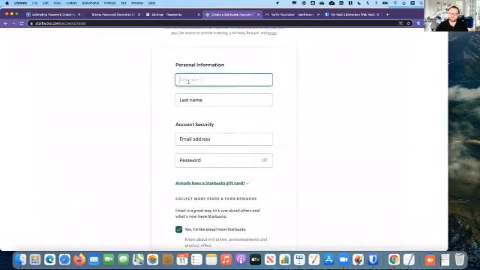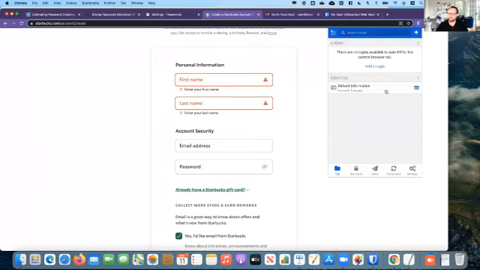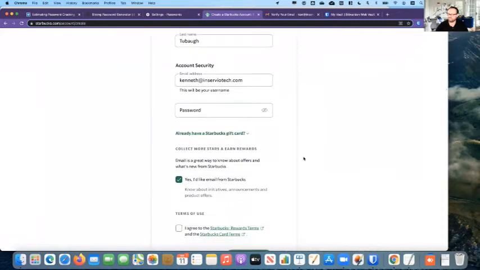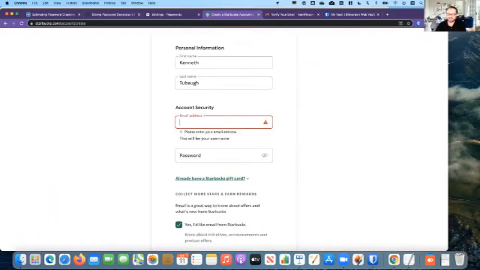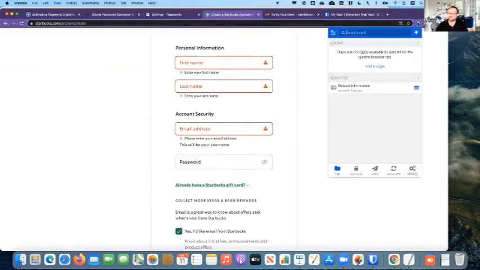Well, I could do this if I wanted to, or I can utilize Bitwarden. If I click the Bitwarden link up here, remember all that information we filled out? It's right here. I just click it and it magically fills it out. Did you see it? It happened quick. And if there was more information like an address or a telephone number, it would have filled that in as well. So you click Bitwarden,